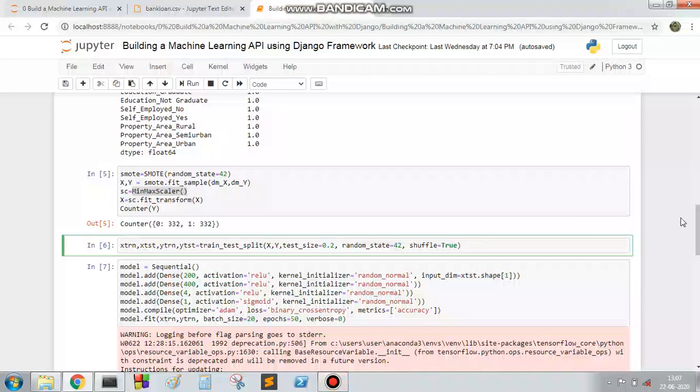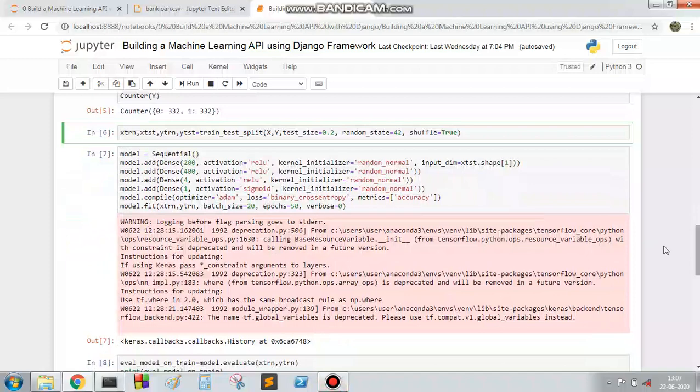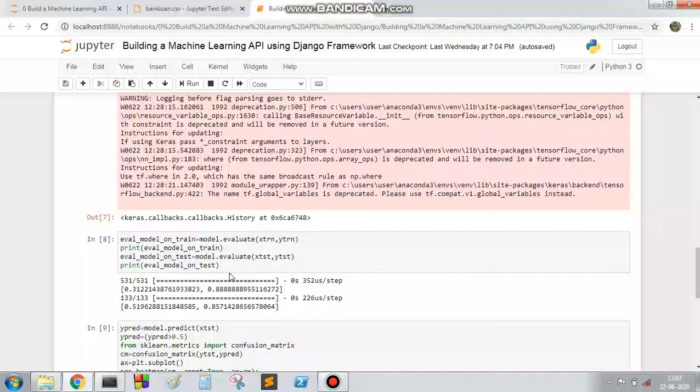In this case we are building a TensorFlow model using the Keras front end and TensorFlow backend. After making the model, we are going to evaluate it. We are checking that the training and testing errors are nearly the same, and the accuracy is also nearly similar, so it is not overfitting yet.